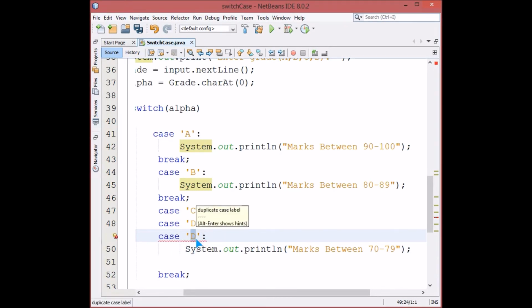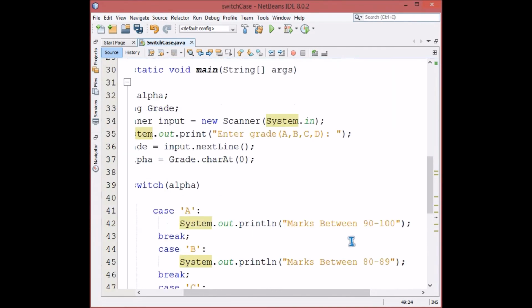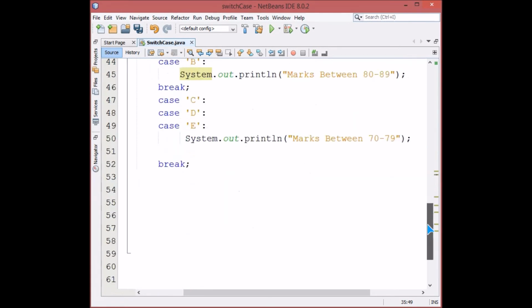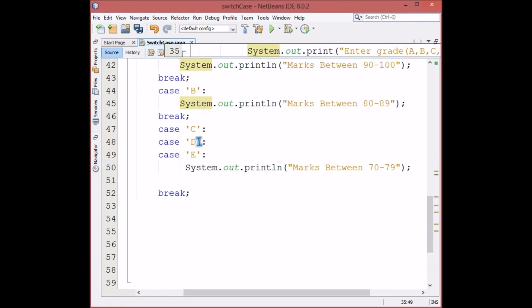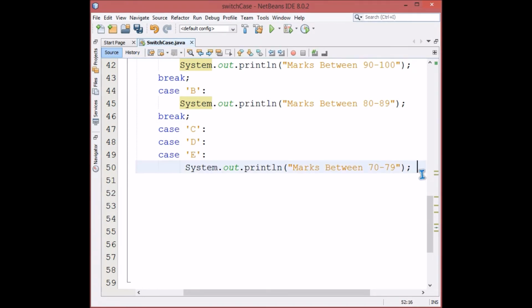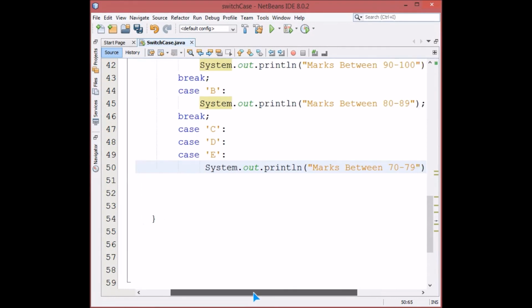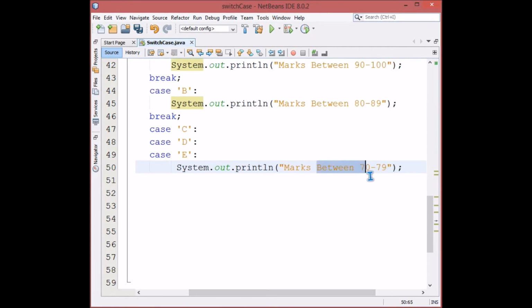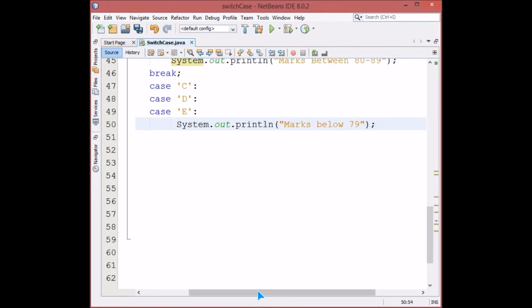To make the program more logical, we place E also. If the user gives C or D or E, then it has to show that the marks are below 79, because in any case C, D, E will be less than 79 only, and these are multiple if else conditions.